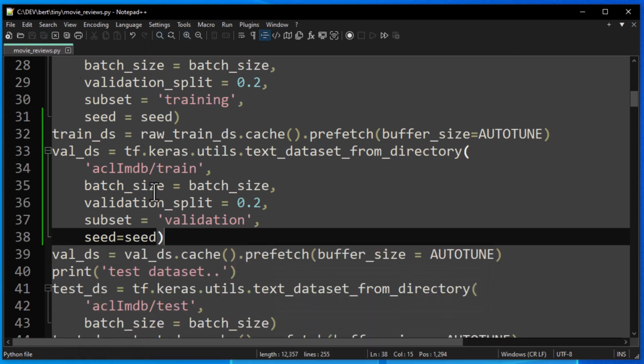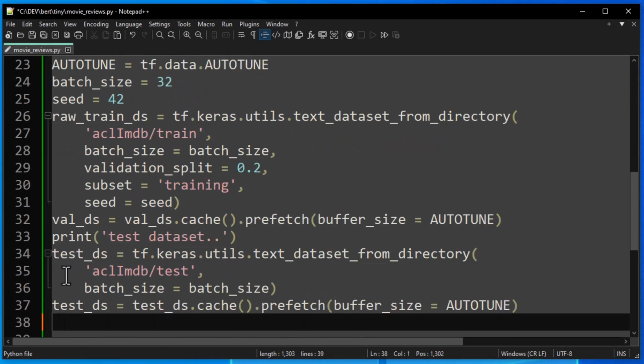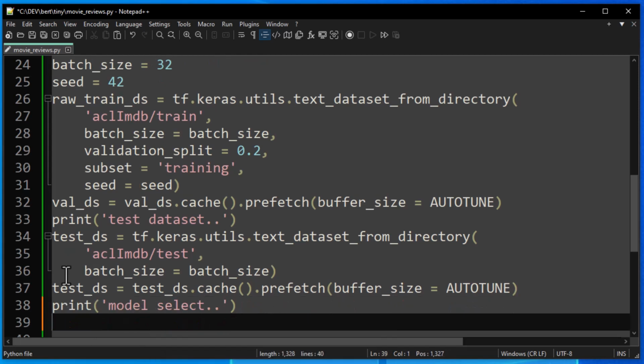Okay, let's take a good look there. We've got our validation data set. That is good to go, and that's what we want to see there. So we can continue on after our test data set has been set up there, and we are good to go. Now we're going to have two big lists for model selection, because we can actually use several models,